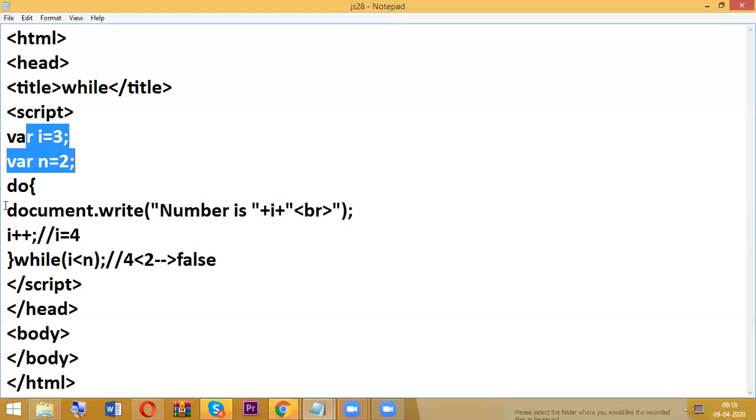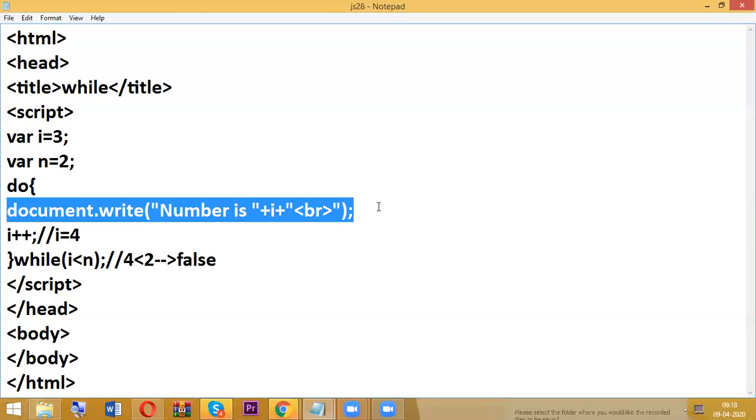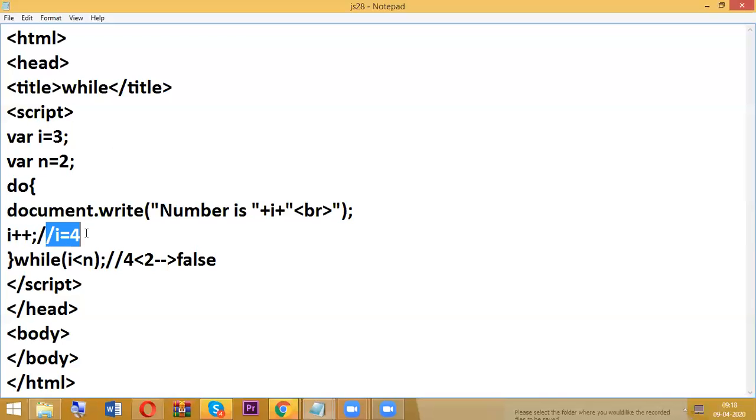Now, as per the concept, first the code will be executed: Number is i, nothing but 3. Then i value will become 4. Now the condition is checked. If the condition is true, the loop will continue. Otherwise, it will stop. Now the result is Number is 3.